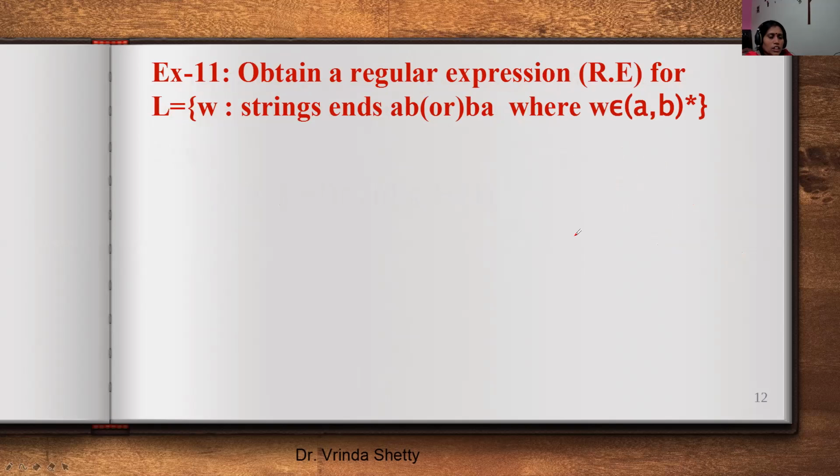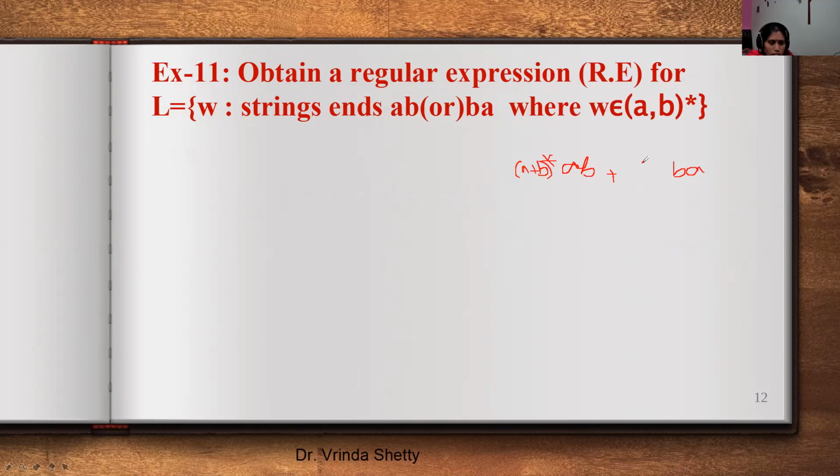Obtain regular expression for the language w, strings ending with ab or ba. Simple way. How do we write this one? A string ending with ab or ba. So ending with ab or ba. Starting, it can have any number of a's and b's. (a plus b) whole star,